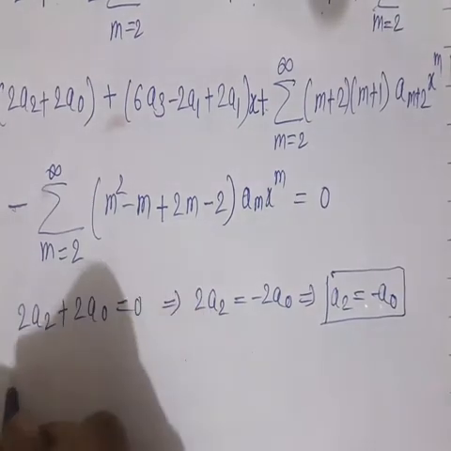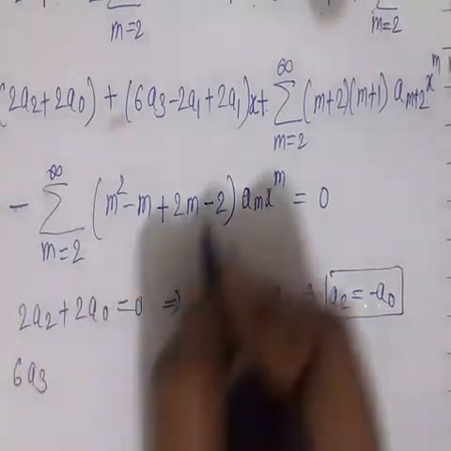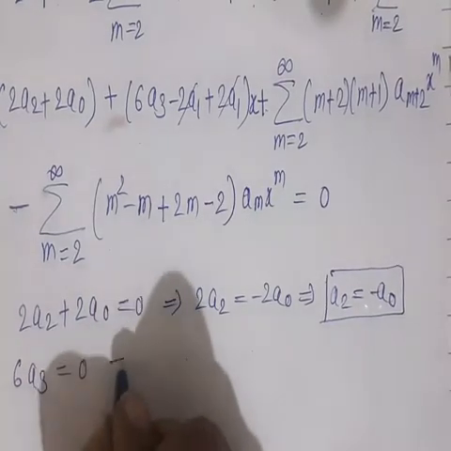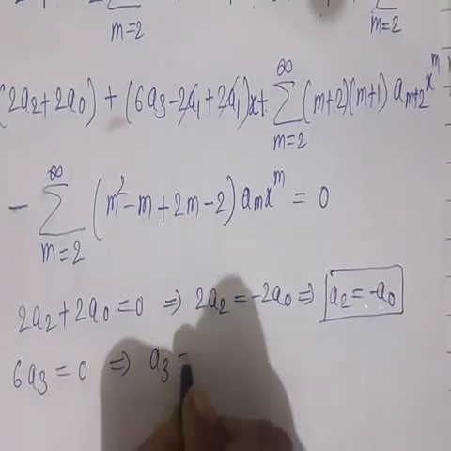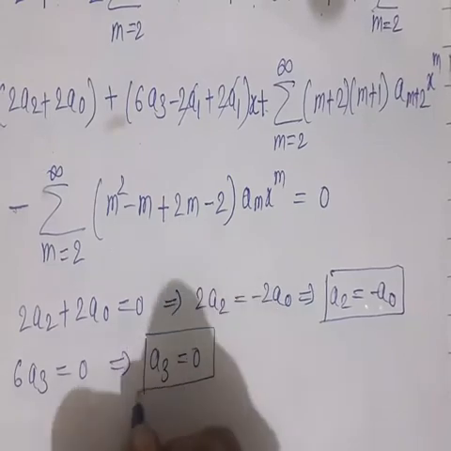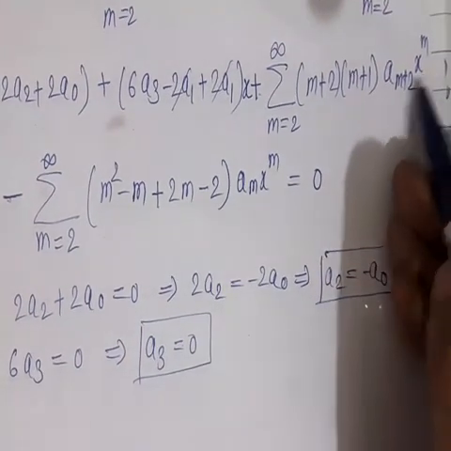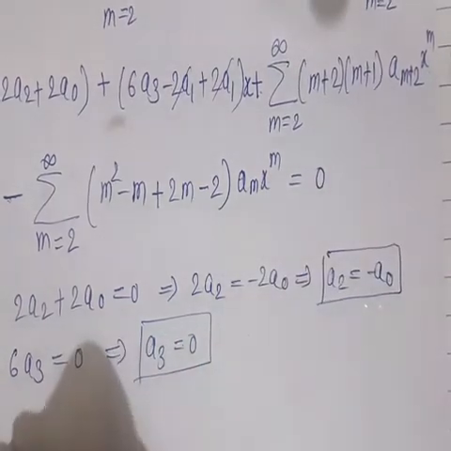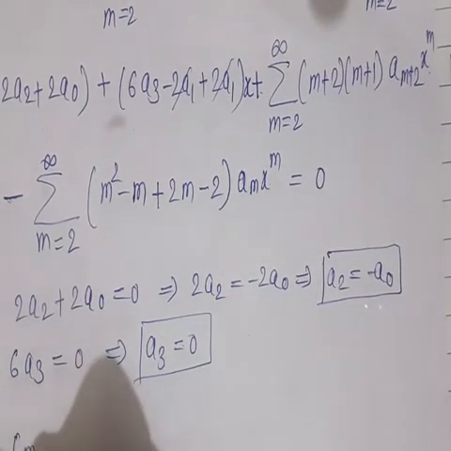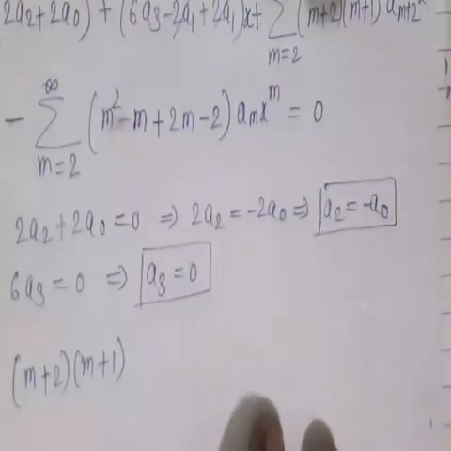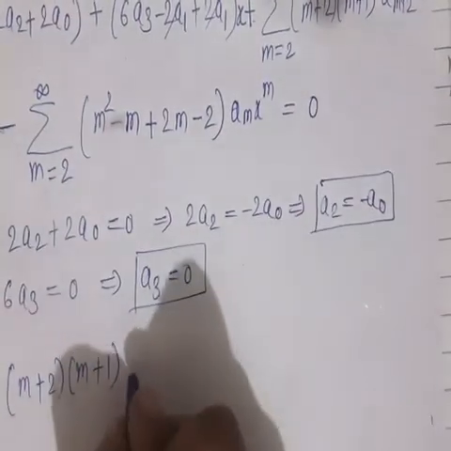Next coefficient is 6a3 minus 2a1 plus 2a1, which get cancelled. 6a3 is equal to 0, means a3 is equal to 0. So we got the a3 value, which is equal to 0. And the last coefficient is of x to the power m. So the coefficient of x to the power m is (m plus 2)(m plus 1) a of m plus 2